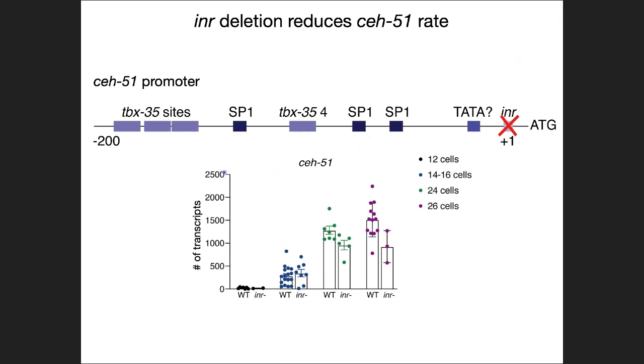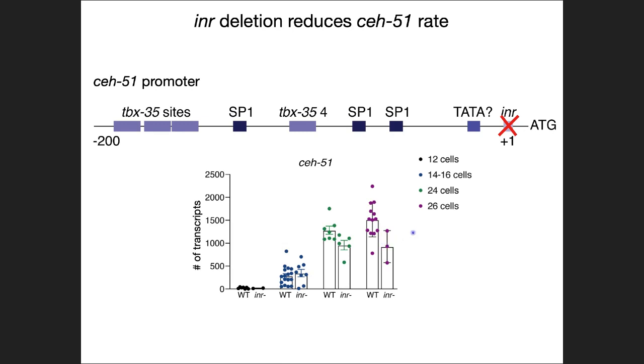So I'm not going to go through the details of it, but basically Priya Ramakrishnan, who's been doing this work in the lab, has done a lot of dissection, using this list of genes that we identified from the single cell data to identify features of these. This is one example where one of the features she identified is that these high rate genes are enriched for this INR promoter element. And if you mutate this element in the C51 promoter, you can see you decrease expression